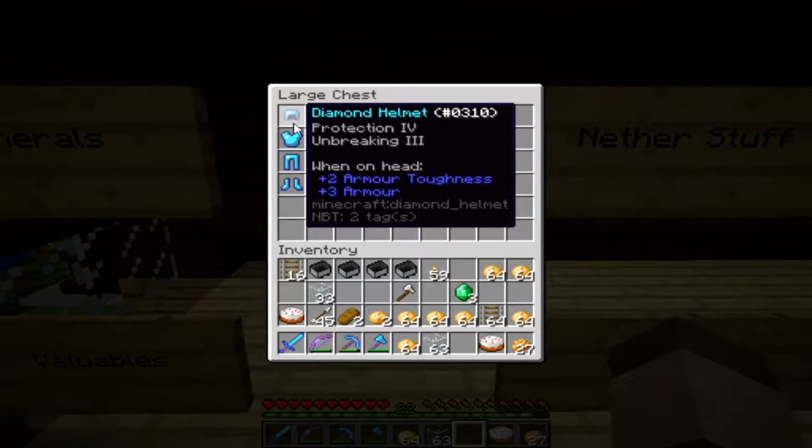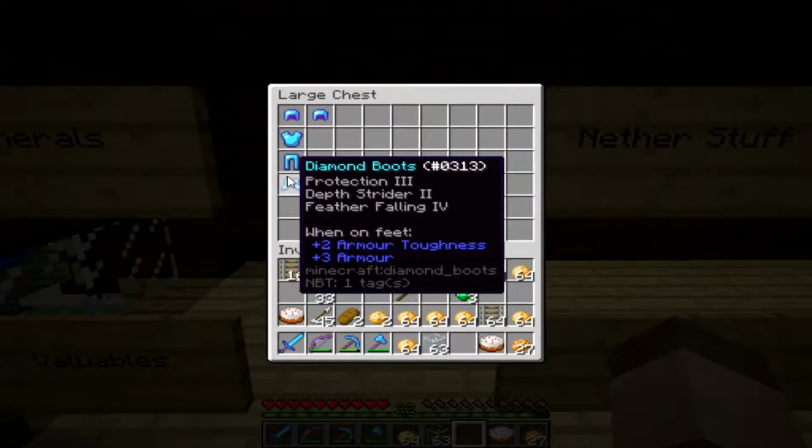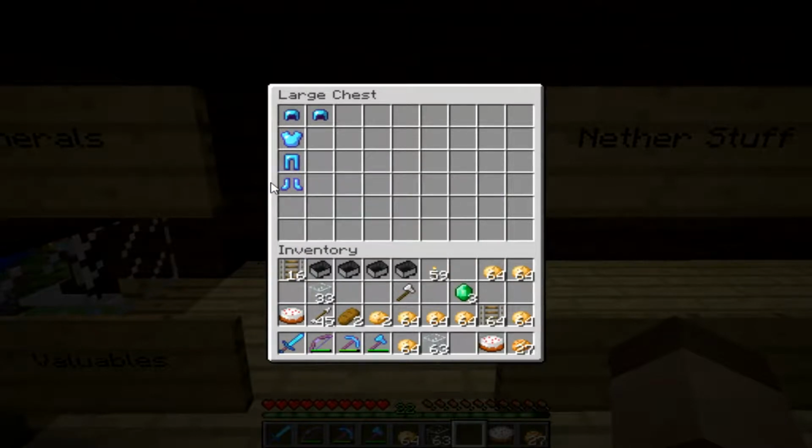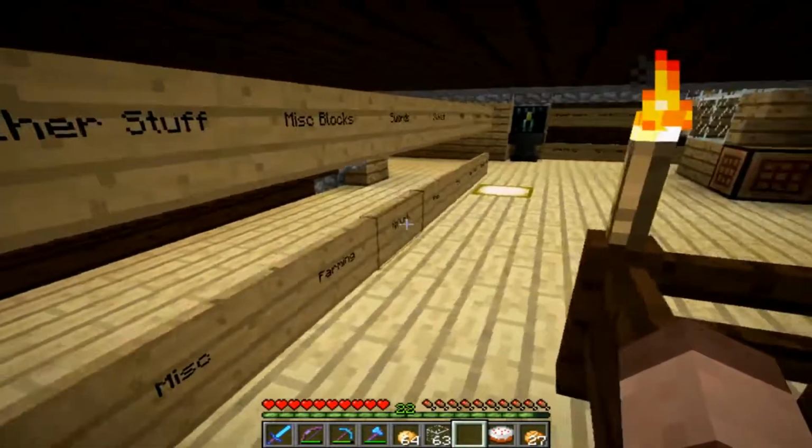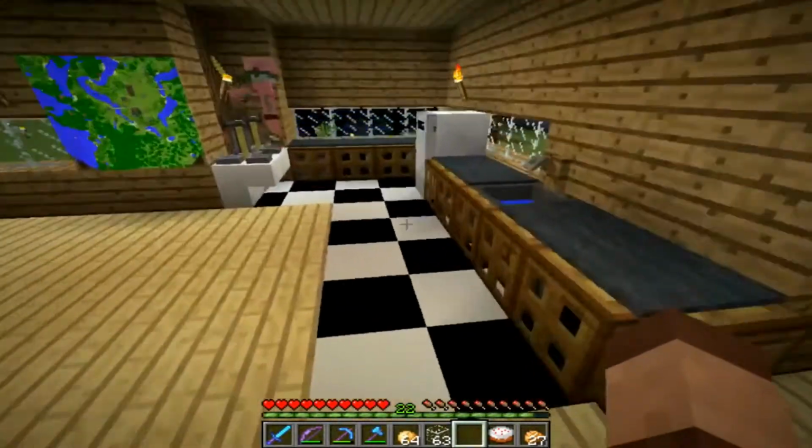This chest, I've got protection 4 armor. Well, that's protection 3, but it does have feather falling on, which is extremely useful for fighting the Ender Dragon, because he sends it flying up to the sky and drops it back down. So yep, that's great. And if we come down here,